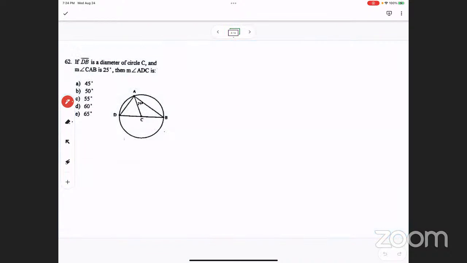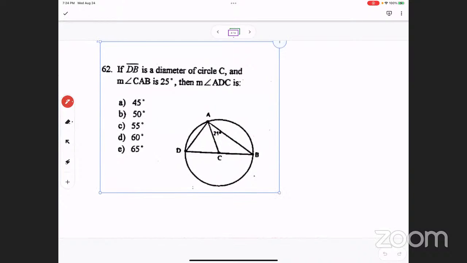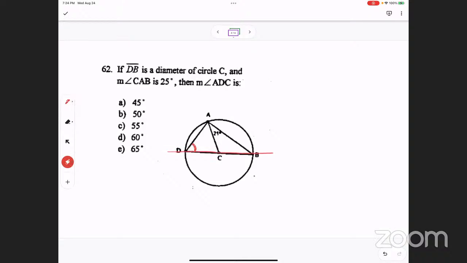All right. If DB is the diameter of a circle C, and CAB is 25 degrees, then ADC is what? So they want this one right here. And it says that it's a diameter. Well, since it's a diameter, remember that one property in geometry where if you inscribe an angle in a circle,